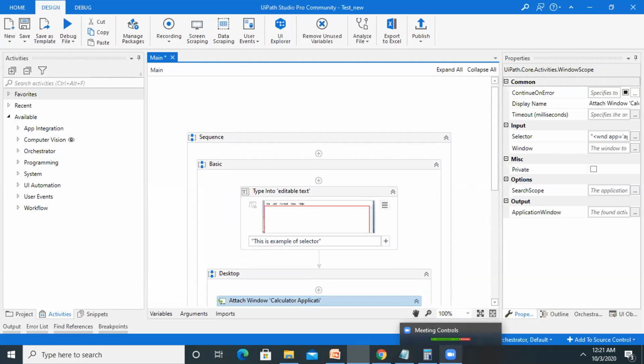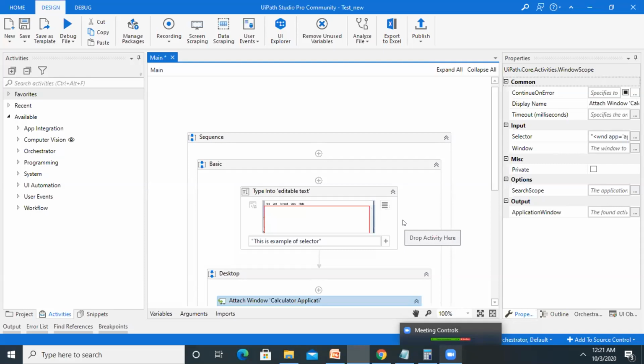The full selector contains all the elements needed to identify a UI element, including the top level window, which I've shown here. It is generated by the basic recording and any other part of recording, but the partial selector is generated by the desktop recording only. It does not contain information about the top level window, which we can see in the full selector as well.